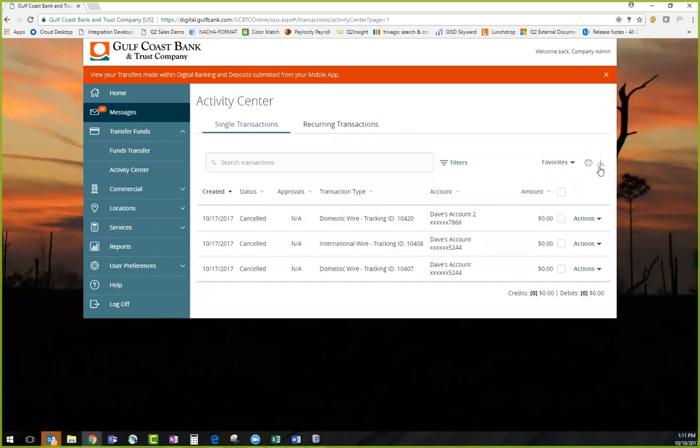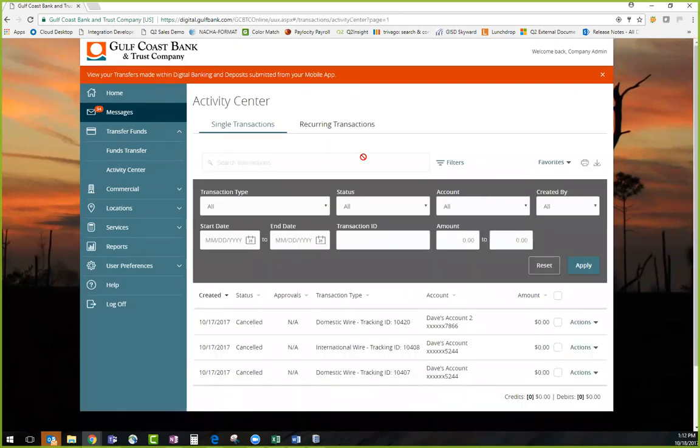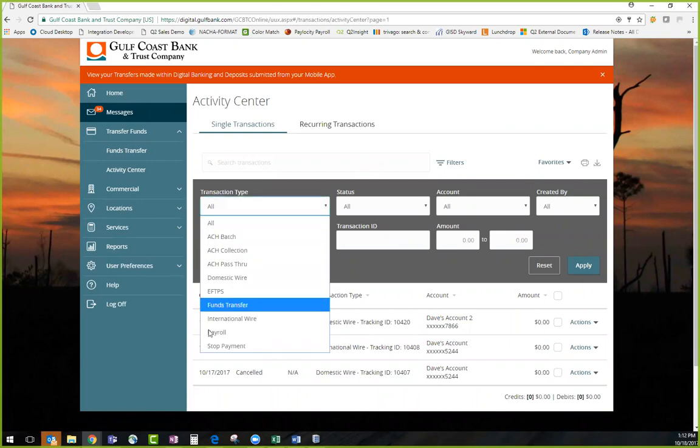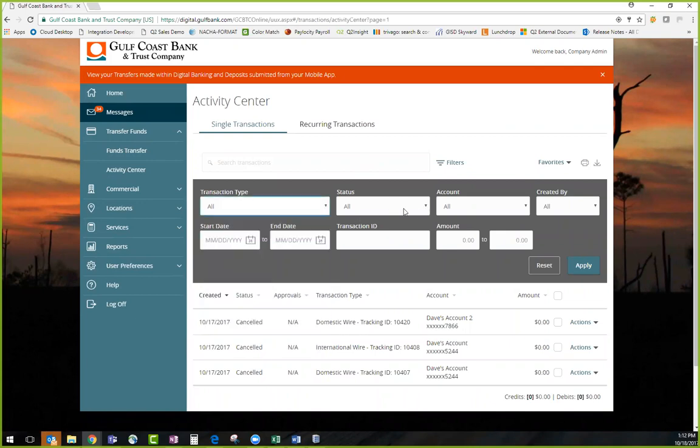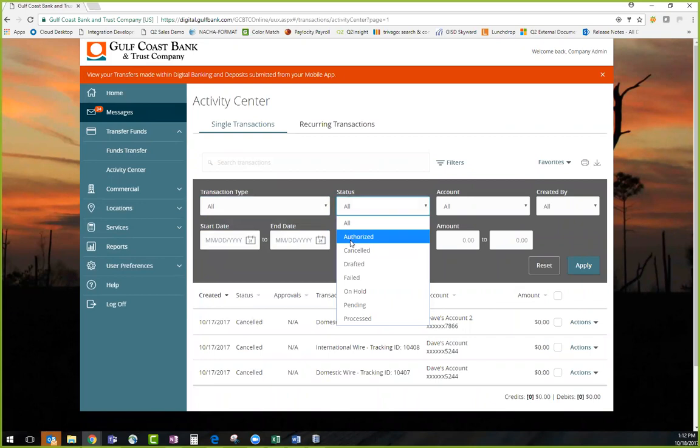In addition, you can also export out your transactions, and you can also print the listing of the transactions as well. Right here in the middle, we're going to click on filters. Just like with the account history, you have an opportunity to filter by various criteria when we're looking at online transactions. You can filter by the transaction type, by the status,